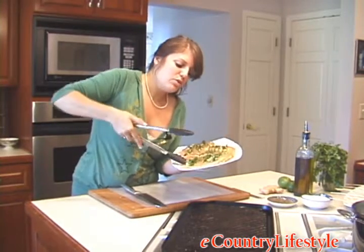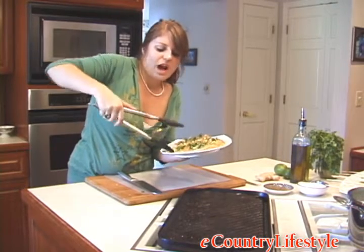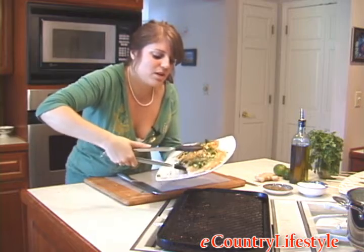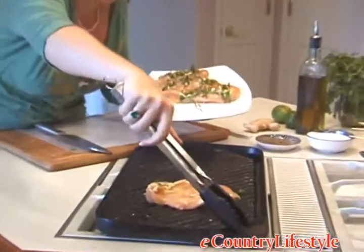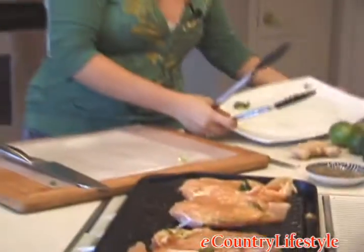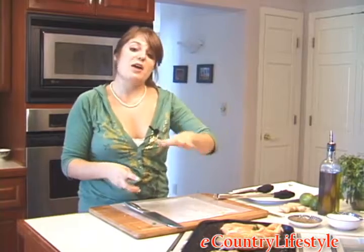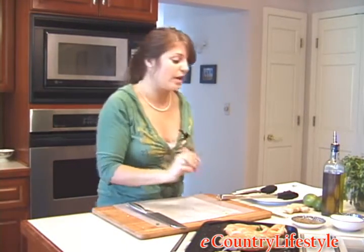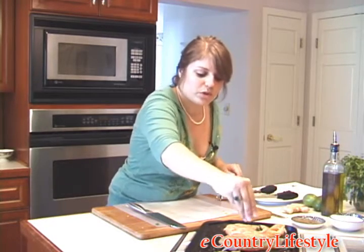And these aren't too thick of chicken breasts. I would say we're probably going to have to cook these for, I don't know, maybe about 6 or 7 minutes on each side. We'll come back and check on them. Alright, remember, you don't want to move these until they've seared on the bottom. When they come up easily off the pan, they're ready to go. But if you take them off too early, they will tear. So, let's hit these with a little bit more salt